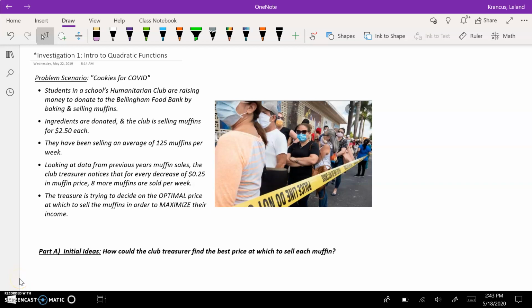Whenever we introduce a new topic, we tend to start with what I call a mucking about problem, where at the end of this investigation, you're not supposed to feel like you have total mastery of this concept. It just gives you an idea of what the overarching theme of this topic is. So when we start talking about quadratic patterns, this is another type of nonlinear pattern. And just like we've seen for linear and exponential patterns, each type of pattern fits a certain group of sorts